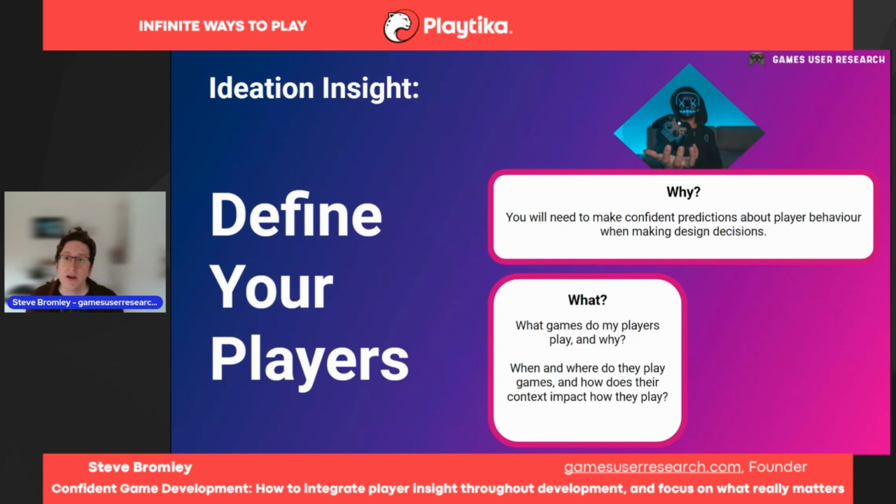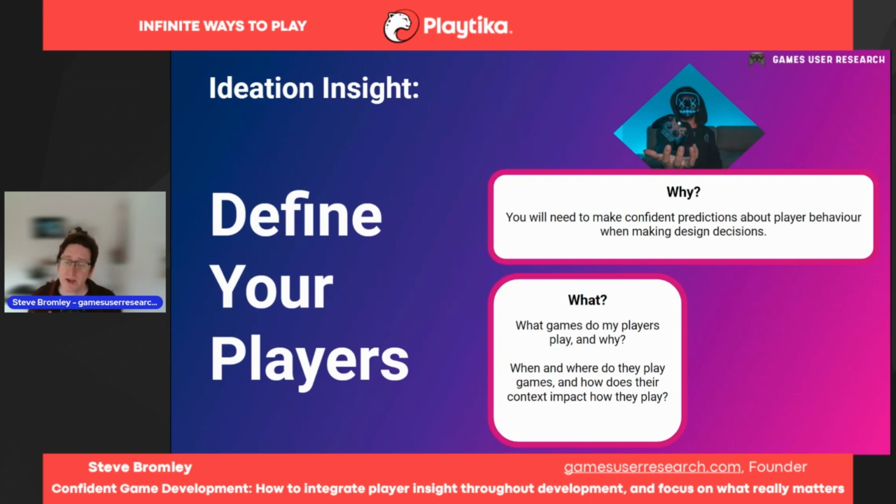In order to do that, you need to understand some things about your player. In what I've observed from teams going through this process and the artifacts that teams have made from doing studies to understand their players, the most valuable thing you can understand is players' other experience. What other games are your players likely to play? Why do they decide to play those games? What is it about those games that resonates for them? What do they like about those other games that they play? What do they not like about those other games they play? That will help you build an understanding of who your players are and their typical playing behavior.